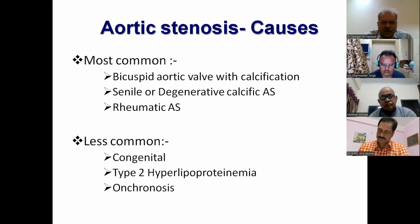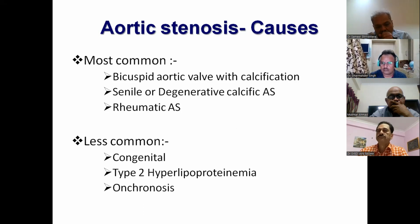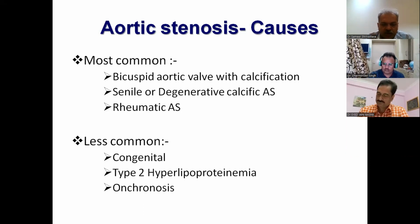Less common are congenital hyperlipoproteinemias, and oncho... but it is actually more of a disease of the ventricle or the muscle rather than a valve. It has a very classical feature, but very aggressive nephro units will be referring patients for you because this is a childhood disease where nephrologists pick it up more often than us, and when they send you for a routine echo for whatever reason, then you pick it up. Now,